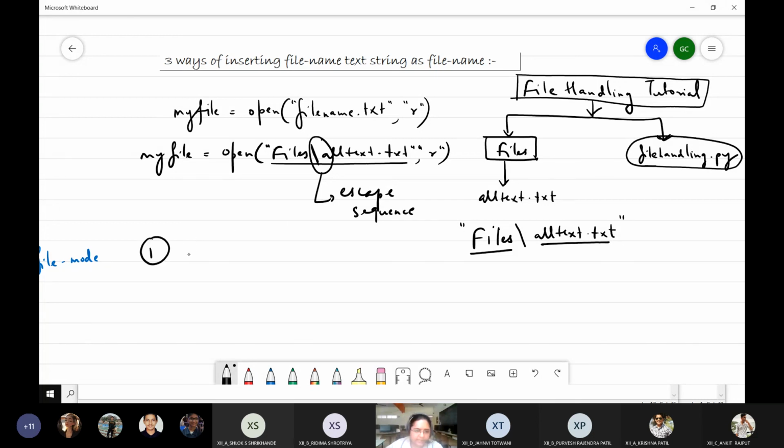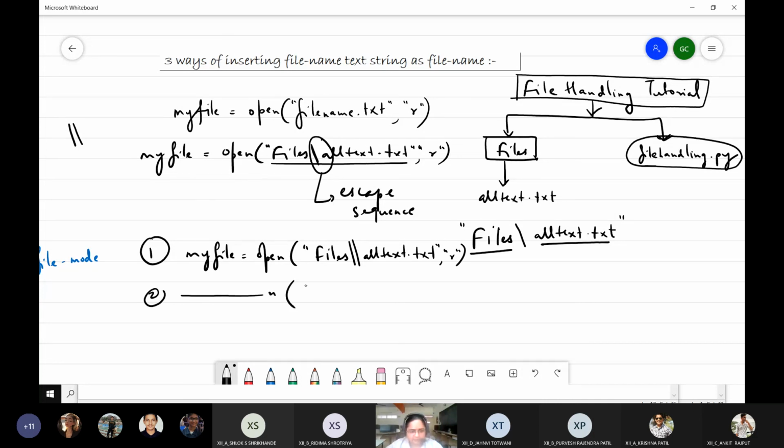First way is I write it like this: my file equals open, files. If I have to write it like this, use a double slash. Double slash means I am using the escape sequence character for a backslash. Second way is files and use a forward slash after that.